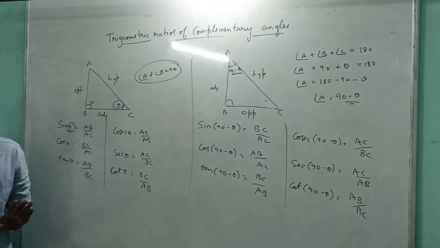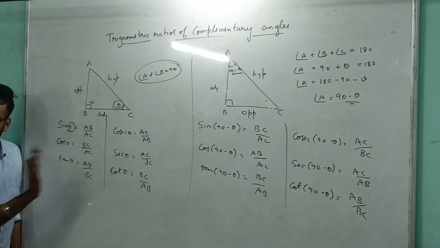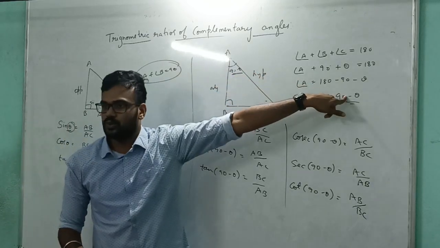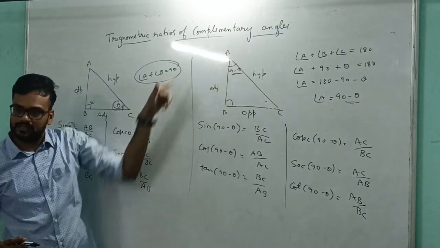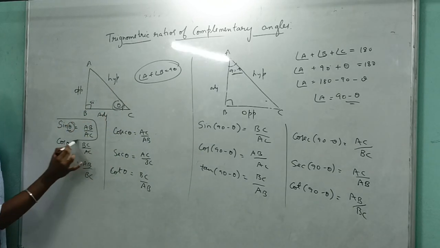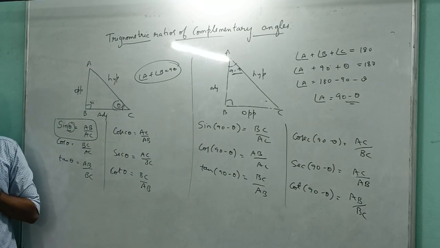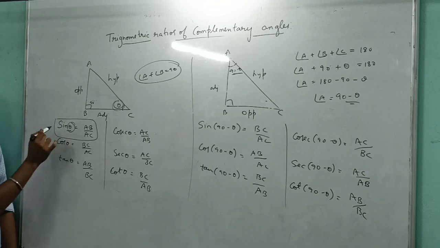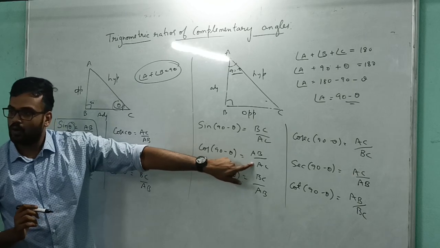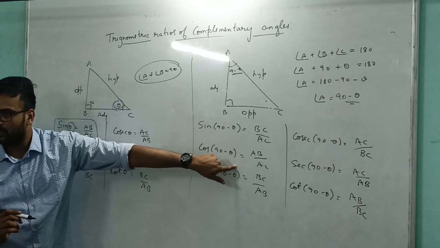Till here is it clear to everyone? What did I do? I took one triangle, took one angle as theta, and wrote all the trigonometric ratios. If this is theta, this will be 90 minus theta. Why? I told you. Correct, no? So with respect to this, I took all the trigonometric ratios. Now, here sin theta is AB by AC. Here where is AB by AC? Here. What is that? Cos 90 minus theta. Did you get the point?